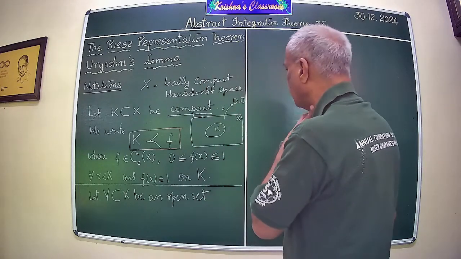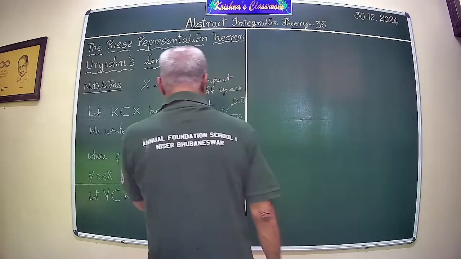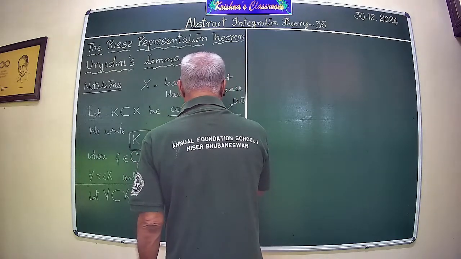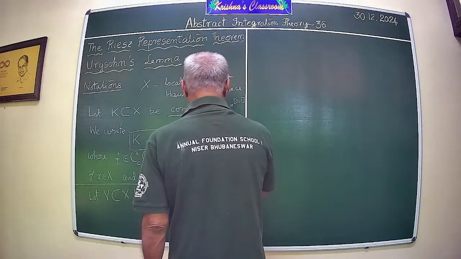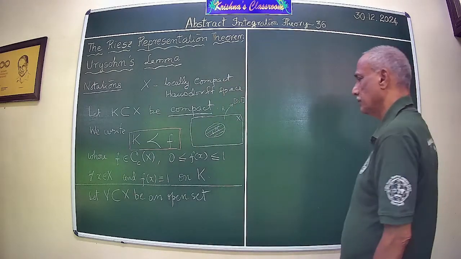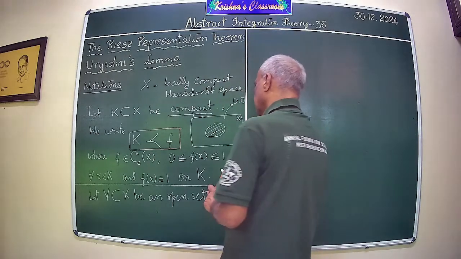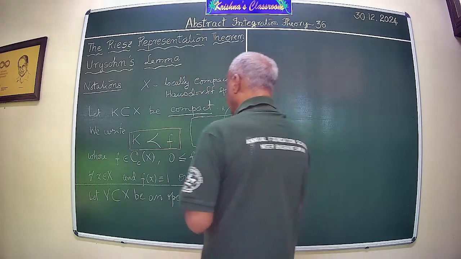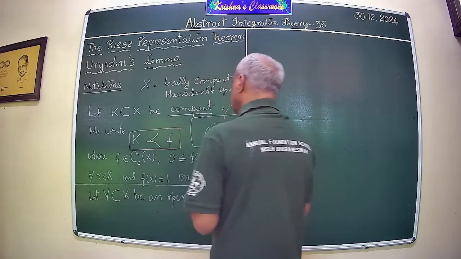What does it mean? What this theorem says is that on K, the function takes the value 1. Okay? It's a continuous function